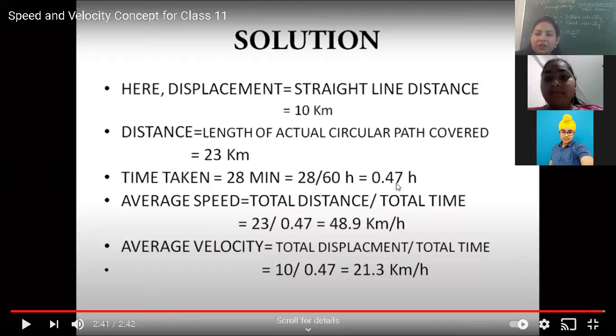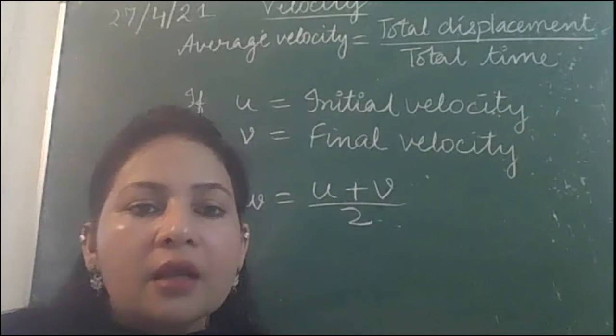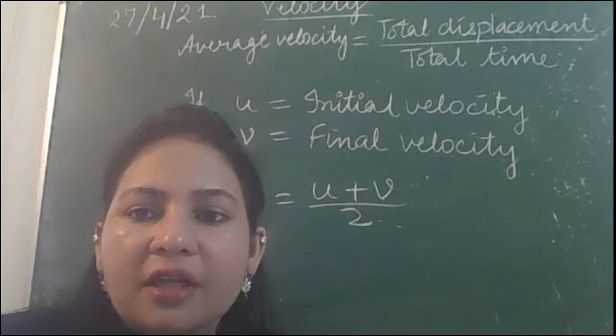Clear, students? Is this question clear to you? Have you noted down? Yes, students. So I hope now both the types of averages are clear to you. What is the difference between average speed and average velocity? Now you can do that. Fine. So I am closing it. If you have noted down. Okay. So this was the third type, that was average velocity.